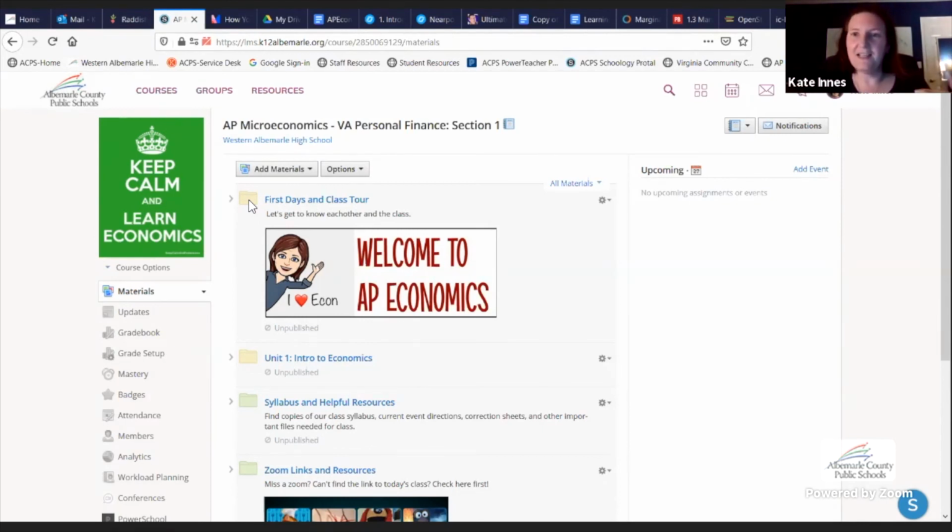After something is done, it would change to blue, and blue would show that that's previous work. They still have access to it all. If a student was absent or needed to go back, they can still go back to those blue folders. It just shows that that's the older content. We always want to keep the yellow folders at the top of the page so the kids see them right away.